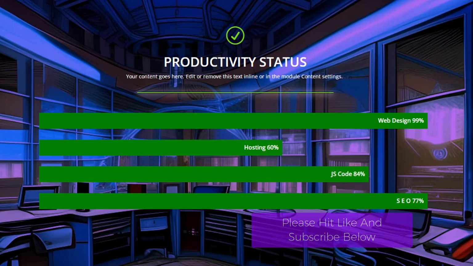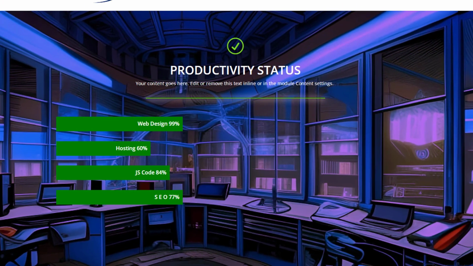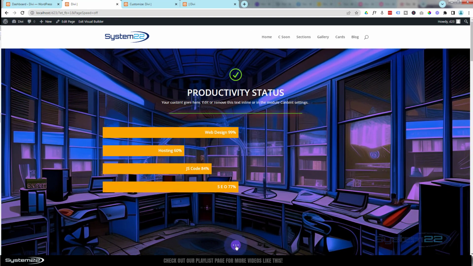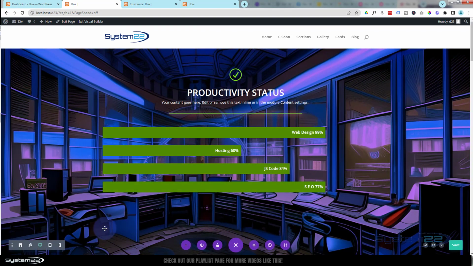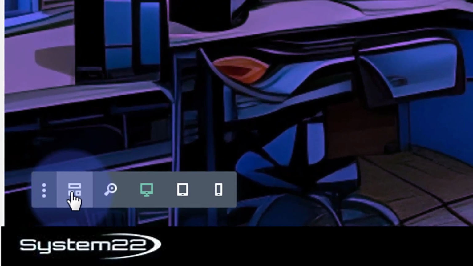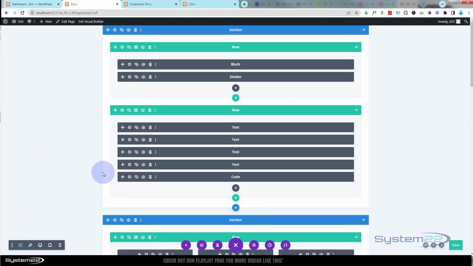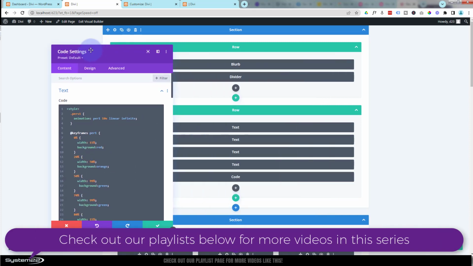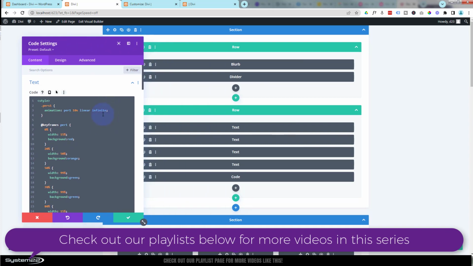Well, let's get started. I'm going to enable my visual builder here. Once enabled, we can go down. I'm actually going to go to back-end mode. I'm going to hit this little purple button here, go over to the left-hand side. We've got a little icon that says Wireframe View. I'm going to pop to the back-end mode because I've got a little code module there. It doesn't take any real estate. It's quite often easier to do it that way. If I go into this code module, I can show you the code I've written and how you can manipulate it. Okay, if we switch back to front end mode now,